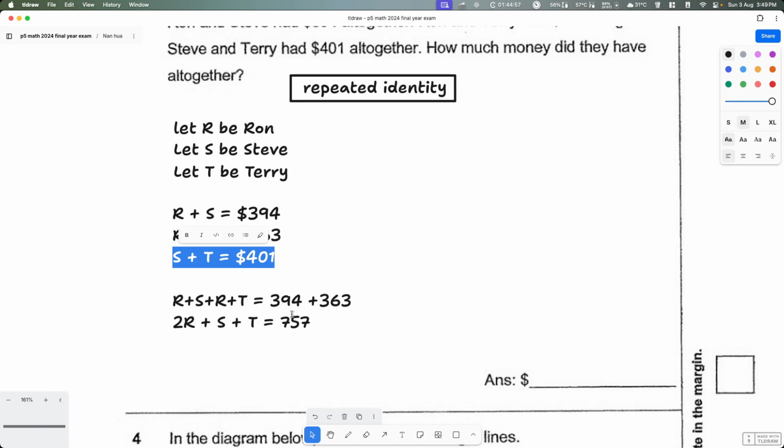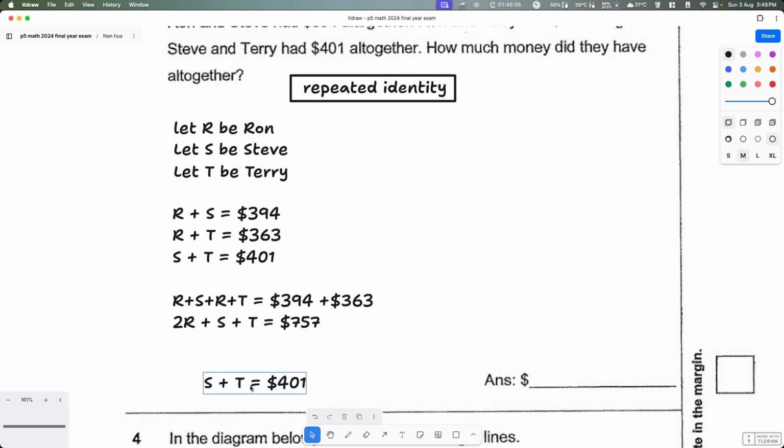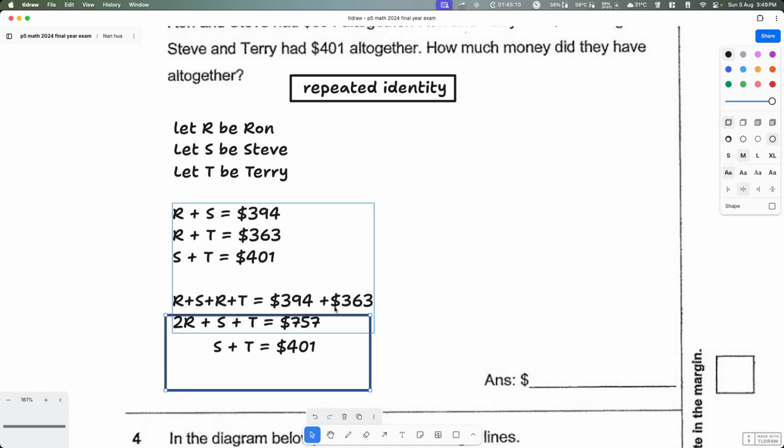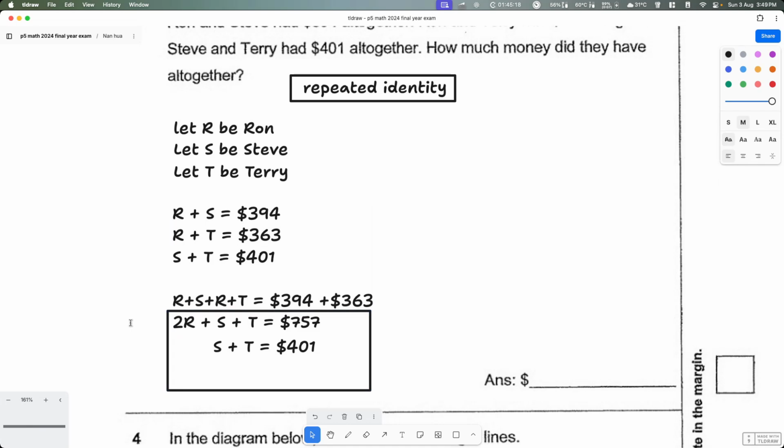Okay, and then we also know that S plus T is $401. So I'm gonna put it here. In a way, we just want to minus. So in this case, we just draw a box over here, and then we just minus S and T. Okay, so what will this give us? We just minus here, arrow pointing here. And then that means this will become